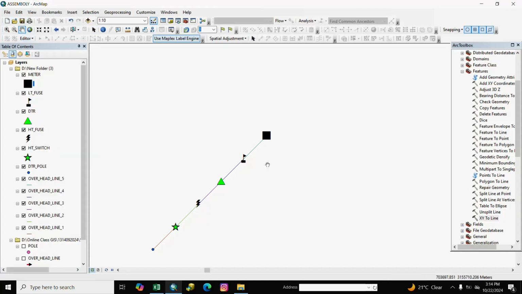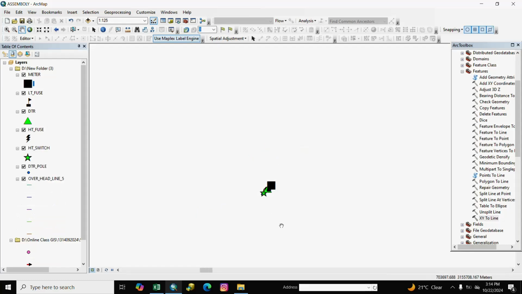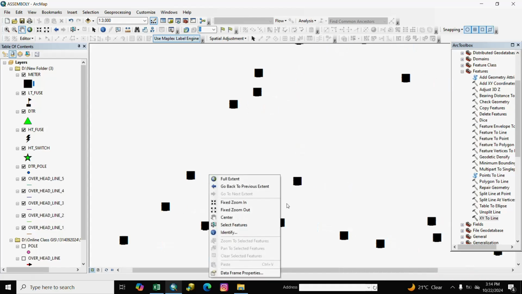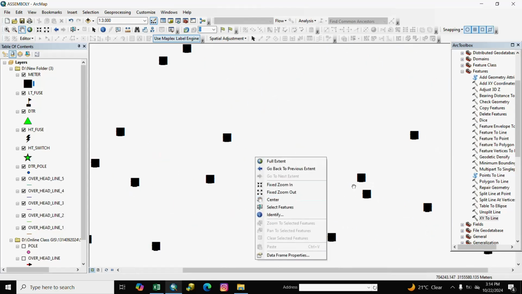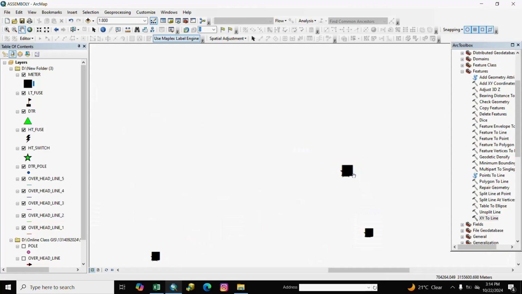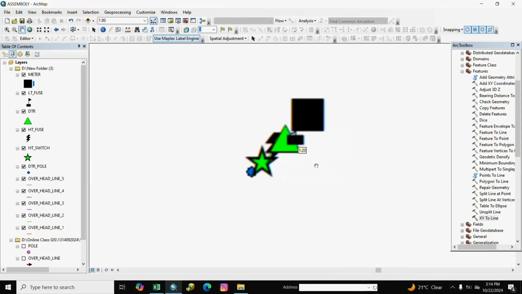We create all assembly. You see here, not one, all assembly is created. You see here, all assembly is created automatically.